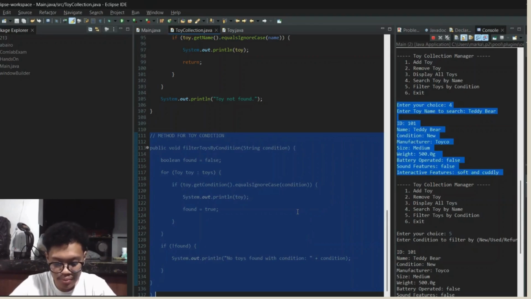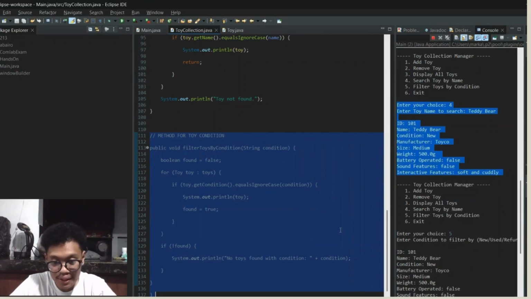The method loops through all toys. It checks if the toy's condition matches the user input, case insensitive. If a match is found, it prints the toy's details and updates found to true. If none are found after checking all toys, it prints a message saying no toys were found.